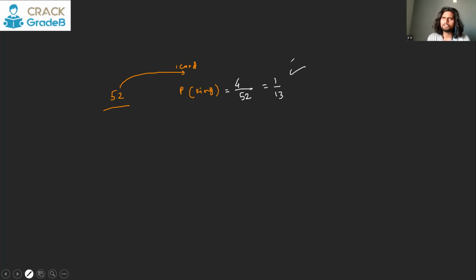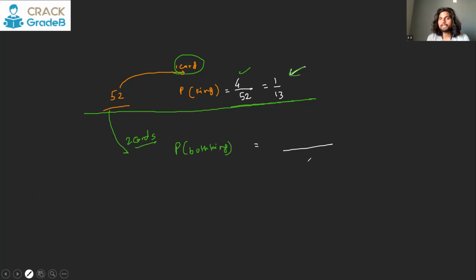It is a correct answer. It is not a wrong answer. But what happens is, every time you're not going to draw 1 card. Sometimes you can draw 2 cards as well, 3 cards as well. So in that case, you can't just think like this. You have to have knowledge of P and C for that. So that is why from the first question upfront, we solve these types of questions with P and C. So if it is about one card and you are doing it like this, fine. But if there are multiple cards, say you are drawing 2 cards out of the pack of 52 cards, what is the probability that both are kings?